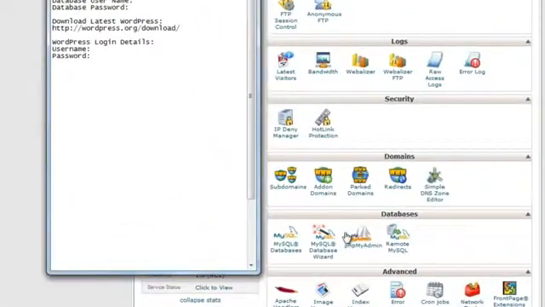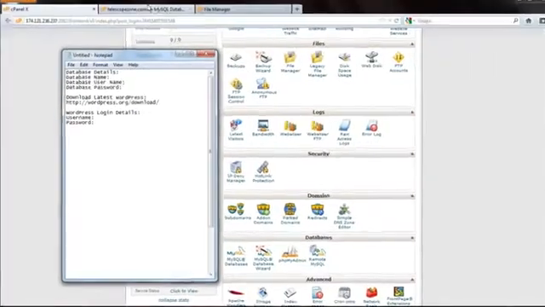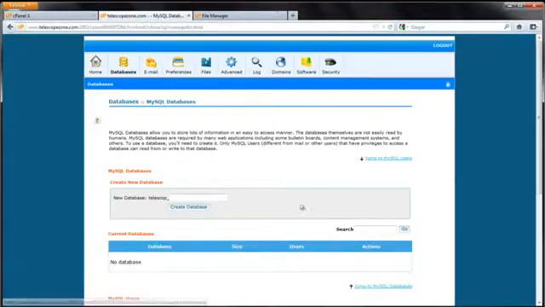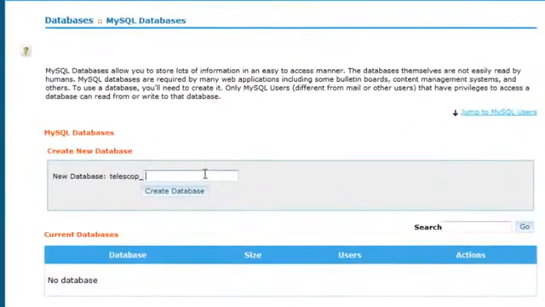And the first thing you want to do if you're not logged into cPanel already is do so. And find and click on MySQL databases, which looks something like this. Now that's going to open up a screen like this, and we're going to want to create a name for our database, and I'm just going to use WPress. Then you click Create Database,